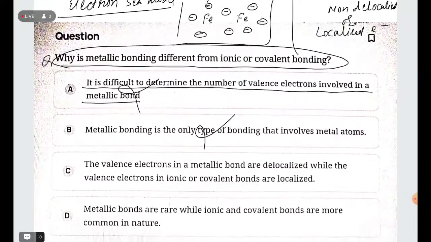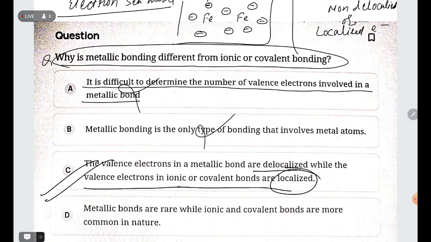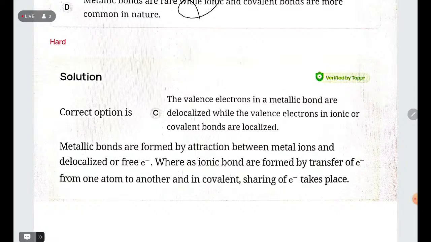Next one: the valence electrons in a metallic bond are delocalized, while valence electrons in ionic and covalent bonds are localized. So the correct option is option number C. Metallic bonds are rare while ionic bonds... this is not the answer, student. So the correct answer is option number C. Let us see here: the valence electrons in metallic bond are